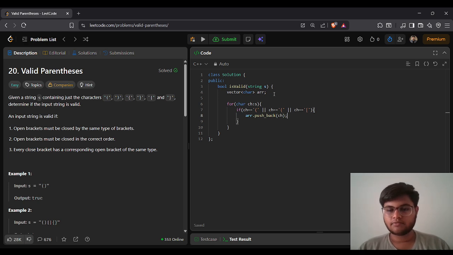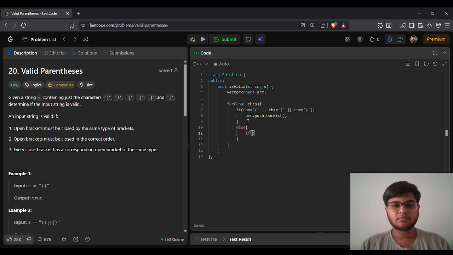First of all, this array will be empty and it will be filled with this type of characters, like opening brackets. And if it's not an opening bracket, it's a closed bracket, then